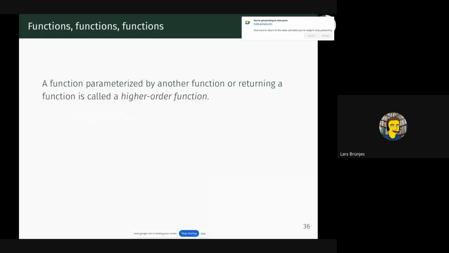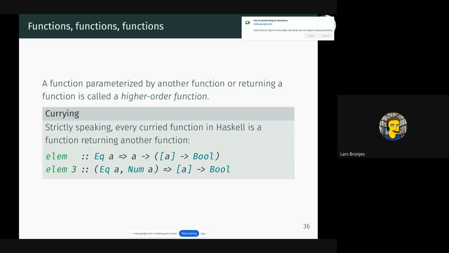Right. And as I mentioned before, by definition, a higher order function is a function that takes a function as an argument or as the result. So a function as an argument and a result. And if either of those types is a function type, then we call it a higher order function. And strictly speaking, as I also mentioned before, every curried function in Haskell is by this definition a higher order function. For example, if we look at the elem